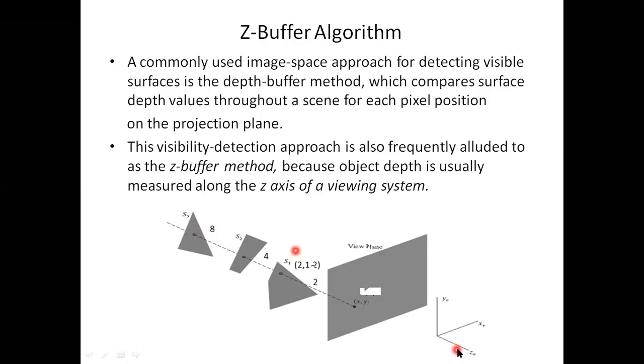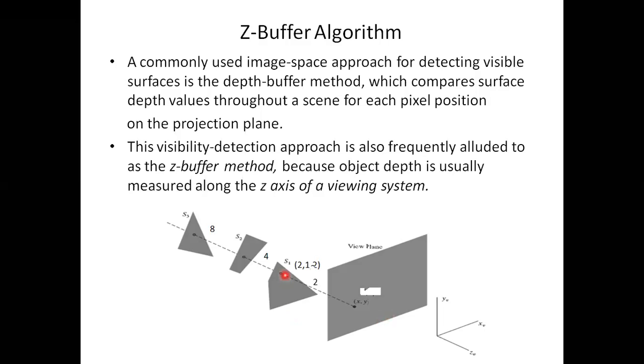Now I am coming to the correct signs of this. As I'm looking from positive Z to negative Z, this is positive Z, obviously this is negative Z. So this becomes -2, this becomes -4, and this becomes -8. Now what this says is, it will be checking the pixel position, all the pixel positions. Now come to this pixel.